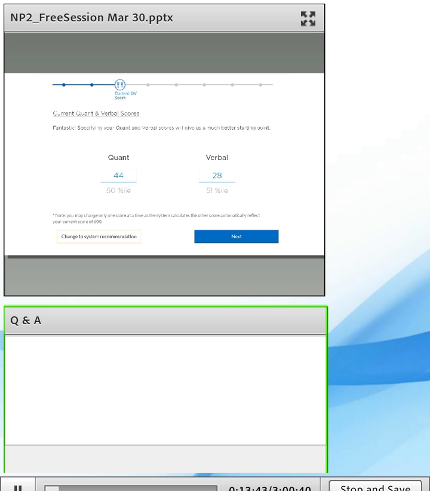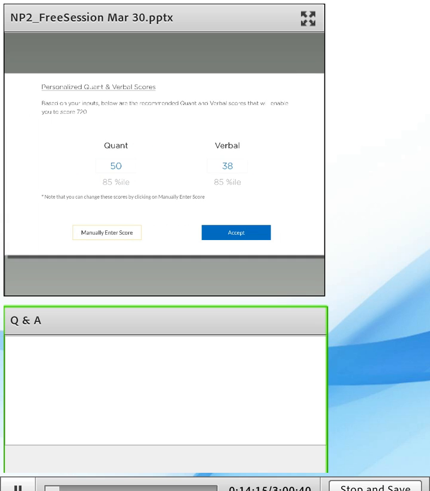How does it work? It starts with taking your current quant and verbal score. So when you say you are at a 600, how are you at a 600? And because there's intelligence built into this utility, it understands when you input certain scores. Let's say you are at a Q44 and a V28. It understands that a Q44, even though it's 50 percentile, which is very similar to your verbal score, implies that you know a lot more in quant than in verbal. So when you want to get to a 720 or higher score, it improves your quant to a good level before it starts improving your verbal.